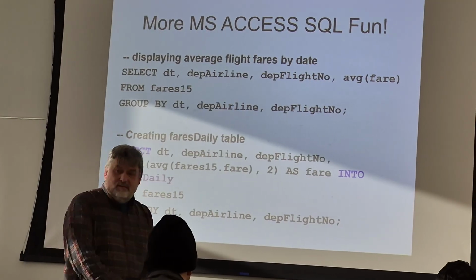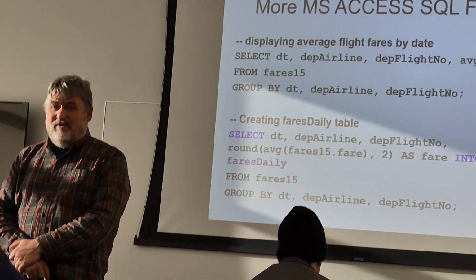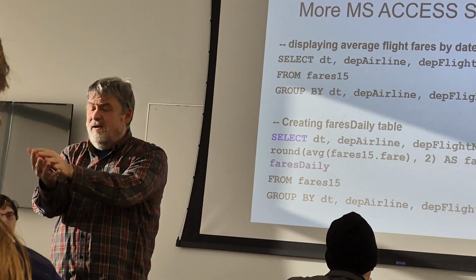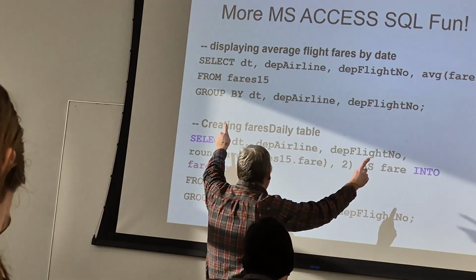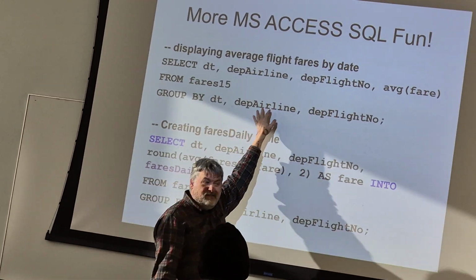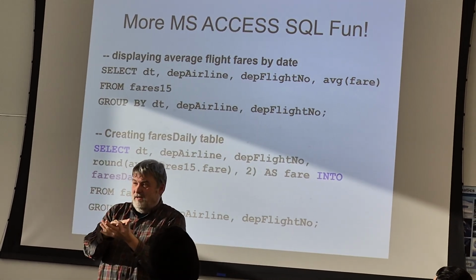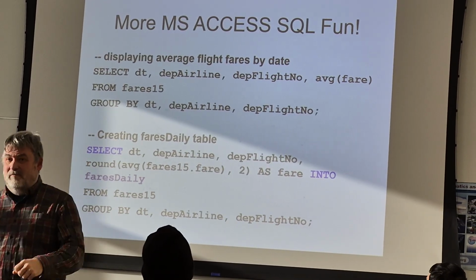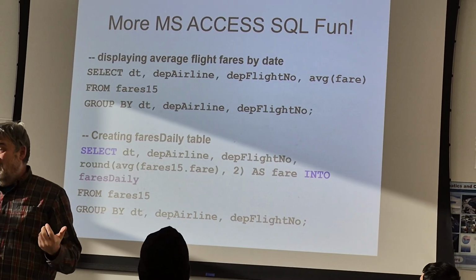And I don't know, maybe that's not what you want. Maybe you want to collect the average of all students' flights to DFW per day. In that case, you're going to be selecting date and average fare from fares 15 grouped by date. And so if we're not mentioning these, then it's not checking to make sure that similar values of those get crushed into their own particular column. You can, if you want, it might be an overly general model,